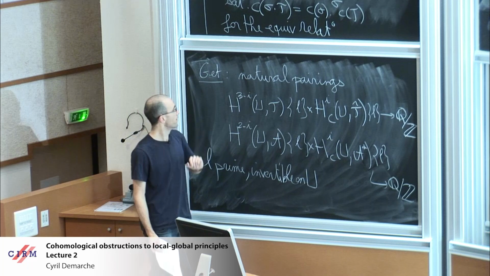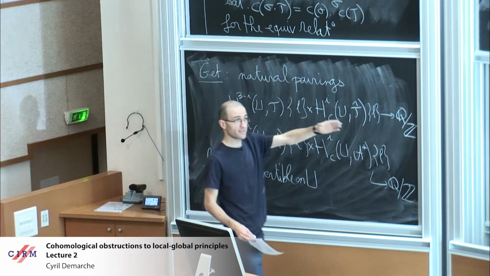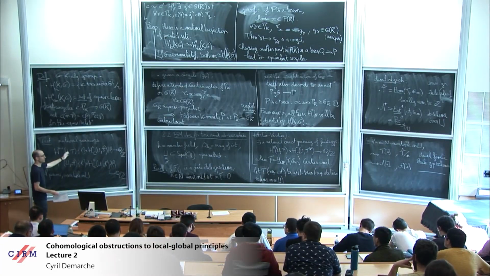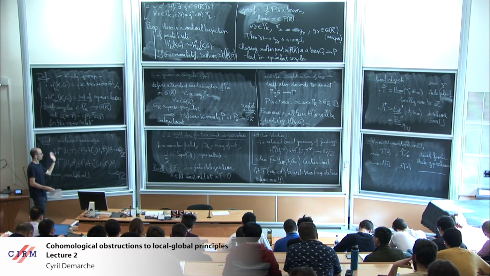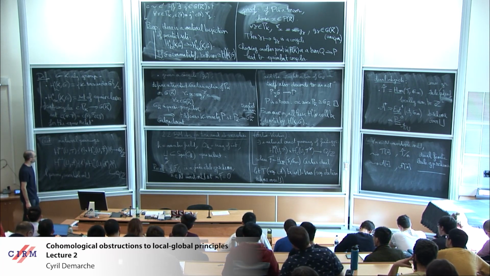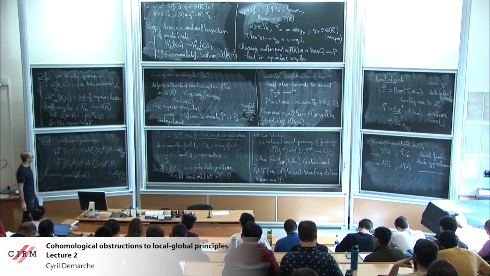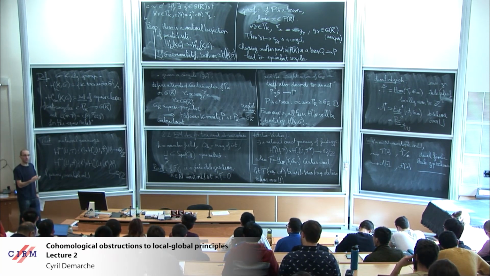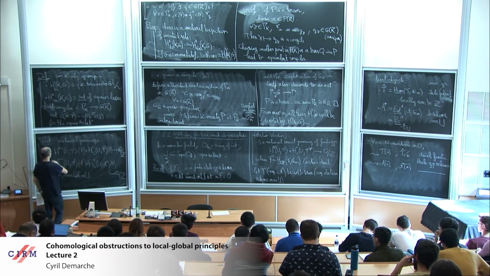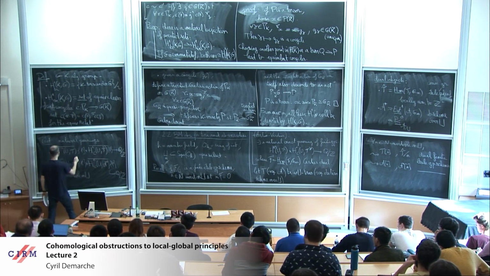Okay, so you get natural pairings like this, and the fact that these pairings are exact for the n-torsion gives you information about the exactness of this pairing for the whole T and the whole of A. They are not exactly exact, but they are exact up to the divisible elements. So if I put some bar everywhere,